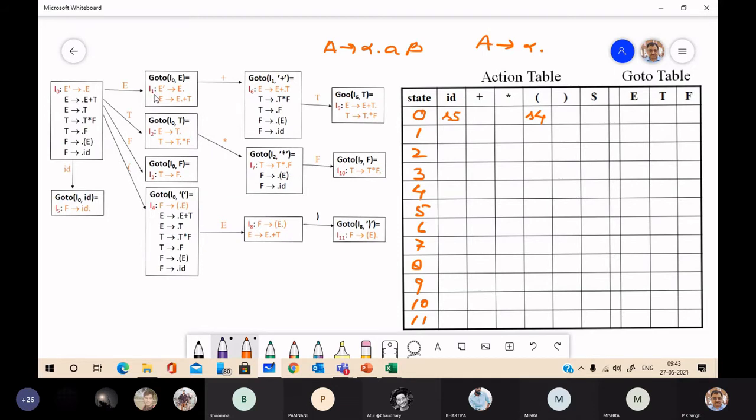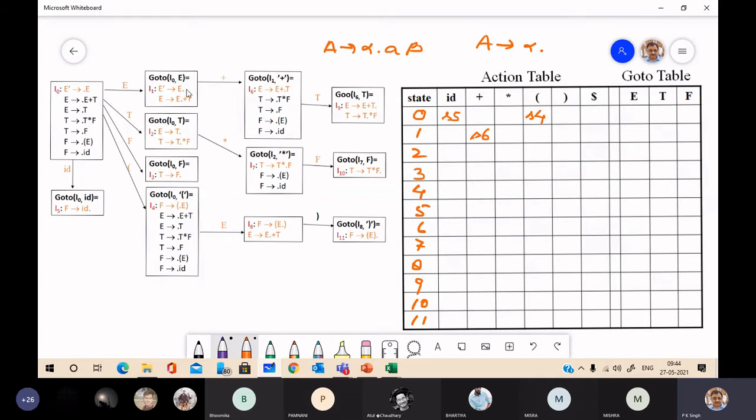Where? State 1 under the plus symbol. This is shift. Where to shift? Go to I1 plus is I6. So shift 6.